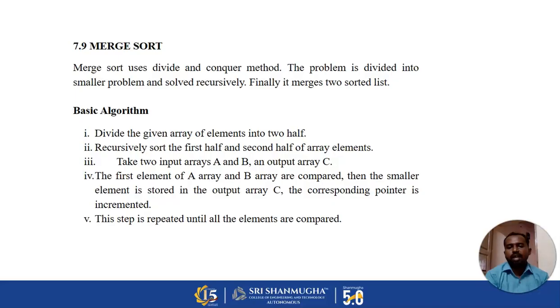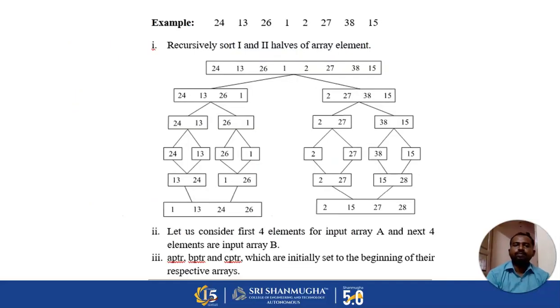Take two input arrays A and B and an output array C. The first elements of array A and array B are compared, then the smaller element is stored into the output array C. The corresponding pointer is incremented. This step is repeated until all elements are compared. This is the example